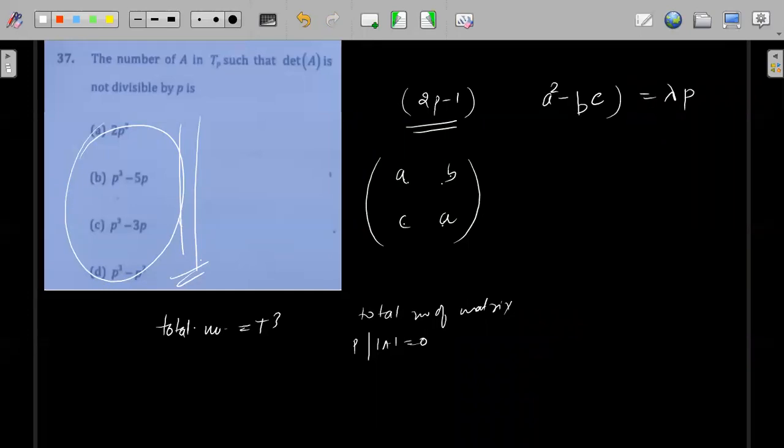Okay, previously we have found the total number of matrices whose trace is divisible by P. So P square, and 2P minus 1 are the matrices which are symmetric. We also have to find the matrices that are not symmetric or skew symmetric. Correct. Okay, so try this one for 1 minute. We have to find the total number of matrices other than symmetric as well as skew symmetric. For symmetric, skew symmetric and both we have found, so we have to find this one. So let's see.